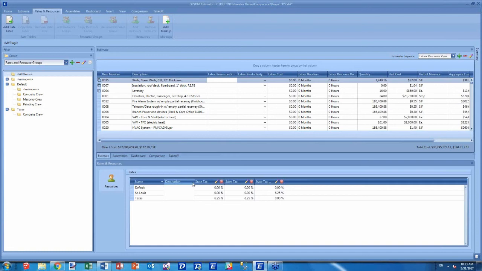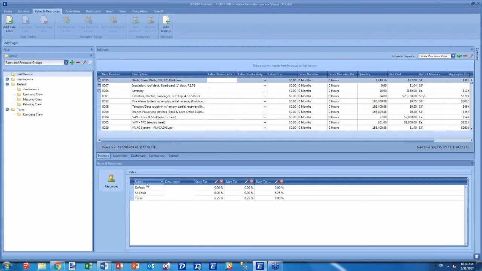So in 2017 1.0, you had to create a resource group, associate that resource group with a line item, then tie that resource group to a rate table in order for the rate table's markups to affect it. So for example, if I wanted to put 8 1/4 sales tax on all material, I have to create a resource group, tie it to all line items that represent a material, and then associate it with that rate table in order for that sales tax to take effect. Now, in 2017 2.0 and beyond, the rate tables affect all cost items. So every single cost item associated with default, whether or not it has a resource group or not, doesn't matter, will have the ability to have these markups